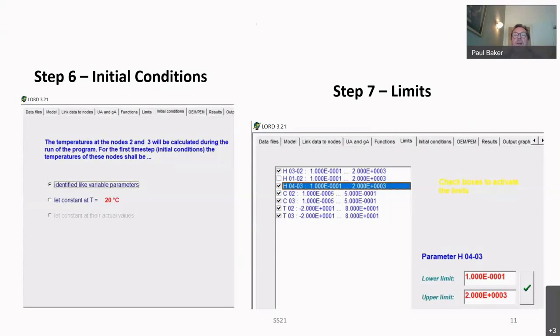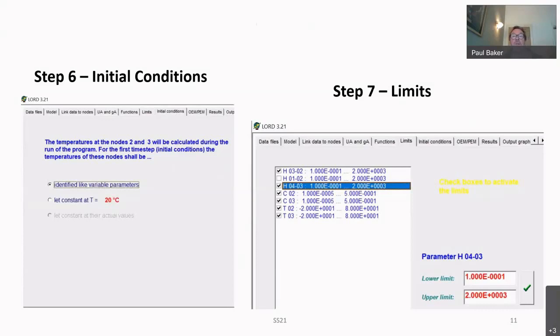But initially, it's perhaps a good idea just to not set the limits and see how the model actually runs, and then apply limits if you feel that would help,